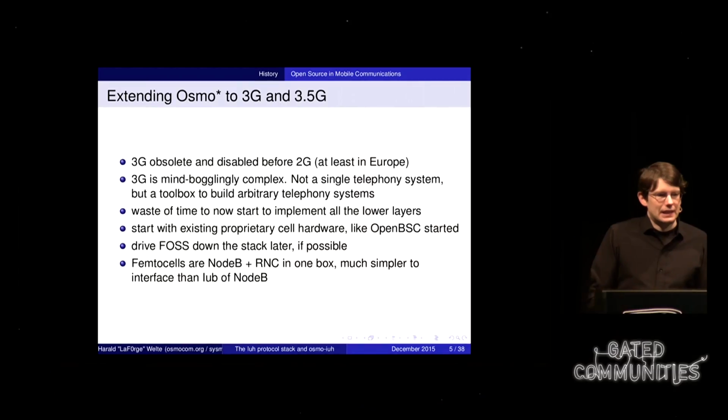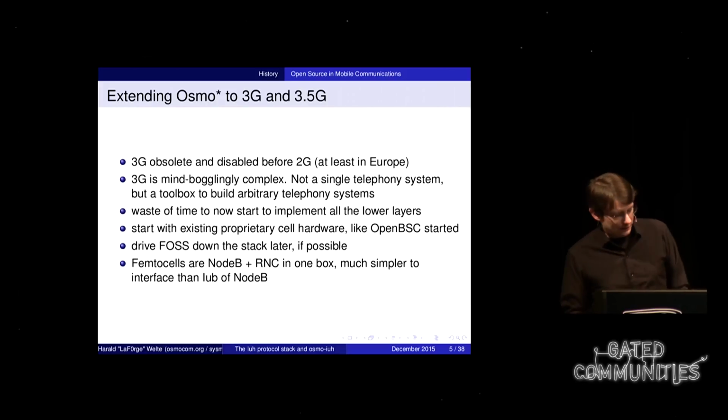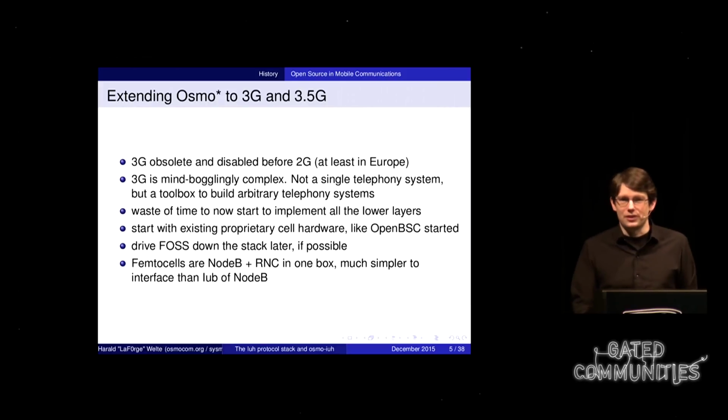So in 2015, 15 years after the first commercial deployment of GPRS in a public network, we start to have an open source implementation of EDGE. And that has just started like 2 or 3 months ago. So again, 15, 16 years late compared to what happens in the proprietary world. Okay, but this talk is not about EDGE, which is 2.75G, if you want to speak in generation numbers.